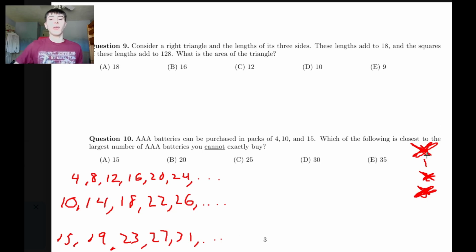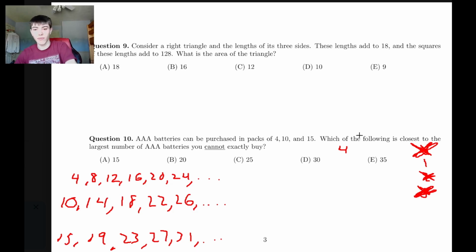Okay, but now we need 1 mod 4. How do we get that? What's the smallest way we could do it? Let's just think of multiples of 4. 4, 8, 12. If we add 1 to these, 5 we can't make, 9 we can't make, 13 we can't make, 17 we can't make, 21 we can't make,